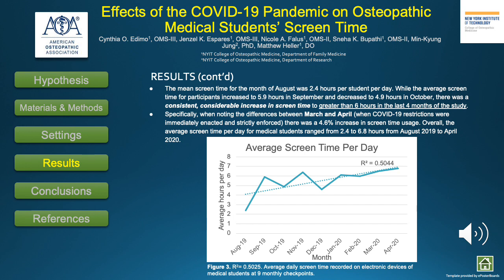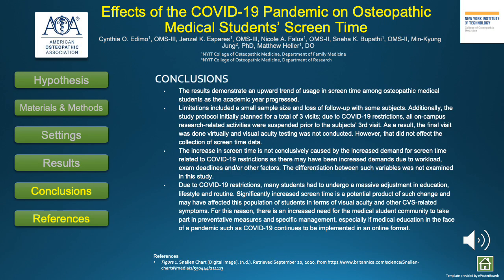The average screen time for the month of August was 2.4 hours per student per day, while the average screen time for participants increased to 5.9 hours in September and decreased to 4.9 hours in October. There was a consistent, considerable increase in screen time to greater than 6 hours in the last 4 months of the study. Specifically, when noting the differences between March and April when COVID restrictions were enacted and strictly enforced, there was a 4.6 increase in screen time usage. Overall, the average screen time per day for medical students ranged from 2.4 to 6.8 hours from August 2019 to April 2020. In conclusion, the results demonstrate an upward trend of usage and screen time among osteopathic medical students as